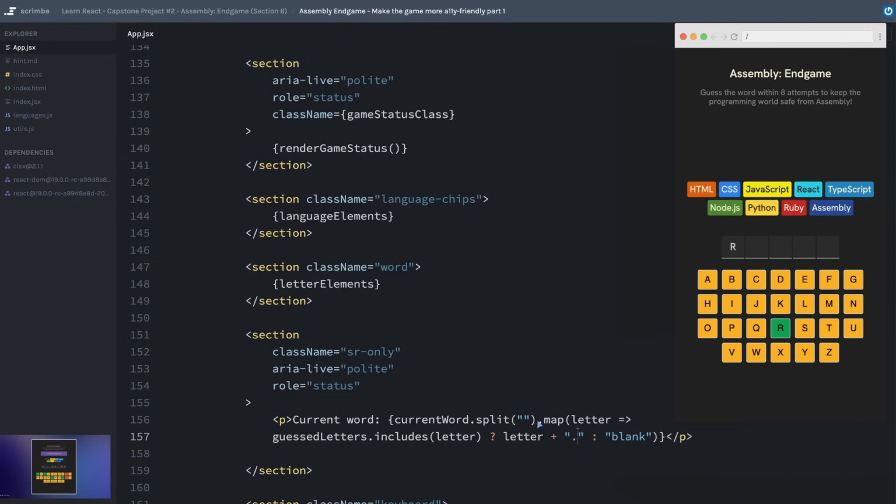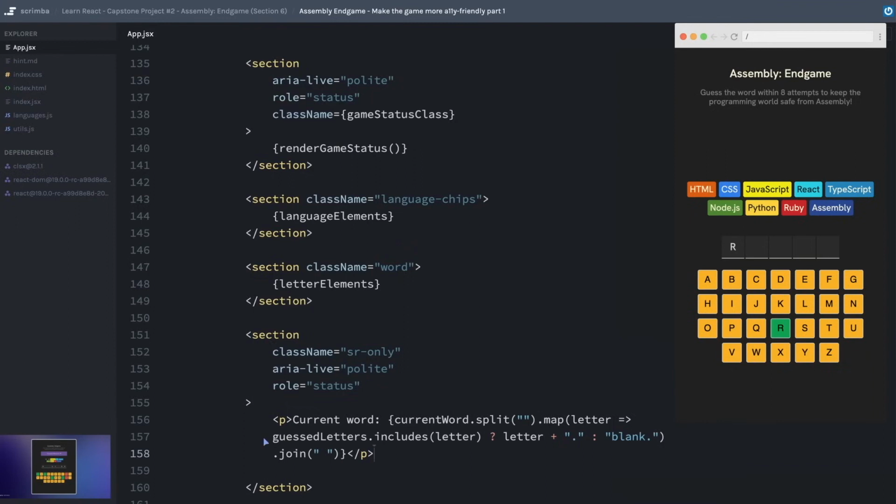Okay, let's see. I'm still mapping over this, but I'm not actually turning it into a string that it can read out. Let me put a period here too, just in case that works the same way as I was describing before. Now we can join things back together, and we'll put a little bit of a space in there to make it more readable for the screen reader. I know this looks a little bit crazy. We could probably offload some of this to a helper function, but I think this is going to get the job done for now.